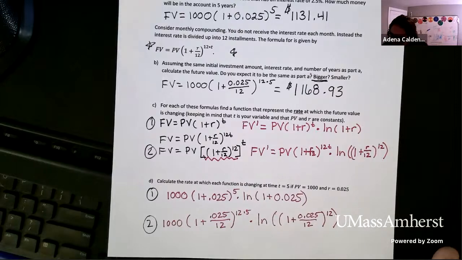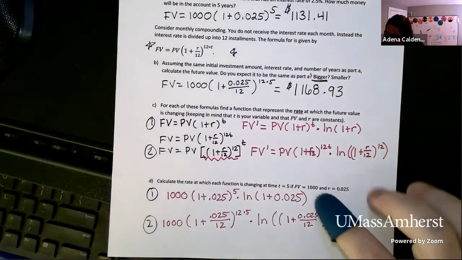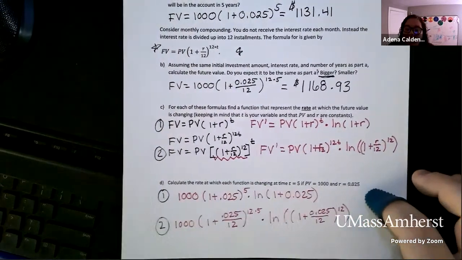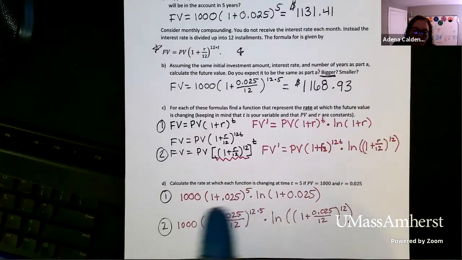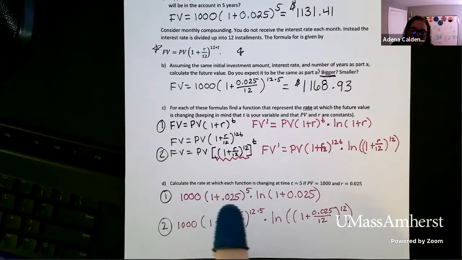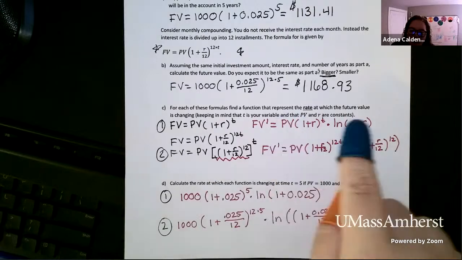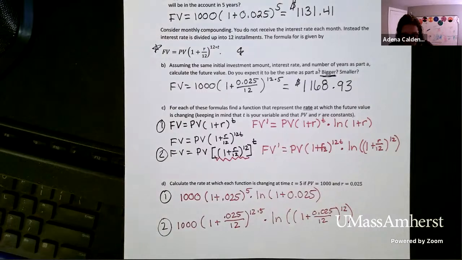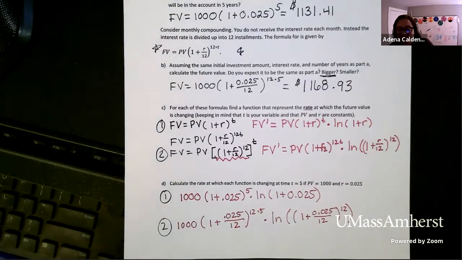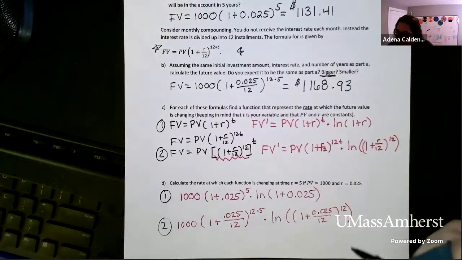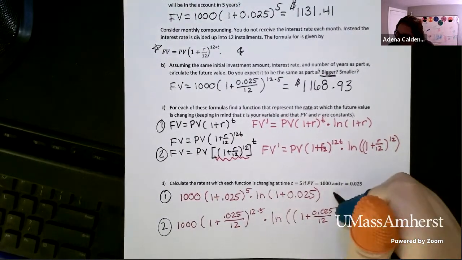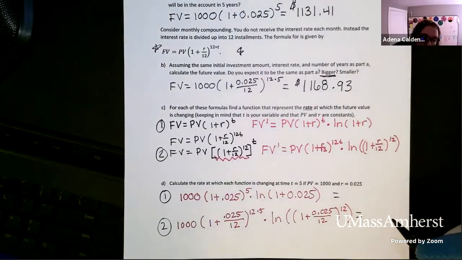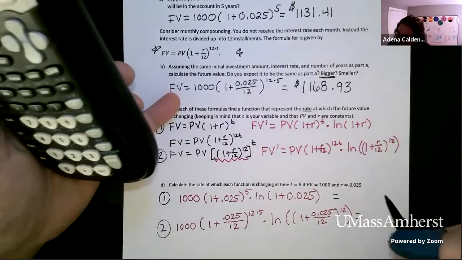And then for part D, we wanted to then apply the fact that time equals 5, present value is 1,000, the rate is 0.025 to see how quickly it's changing, right? We're calculating the rate with these values. So we have to plug them into these formulas we found. And then a secondary challenge, we have to plug these into our calculators really carefully. So we know that monthly compounding is better. So we suspect that the rate at which we're changing is probably going to be a little bit bigger for number 2. So when I plug these into my calculator, I got